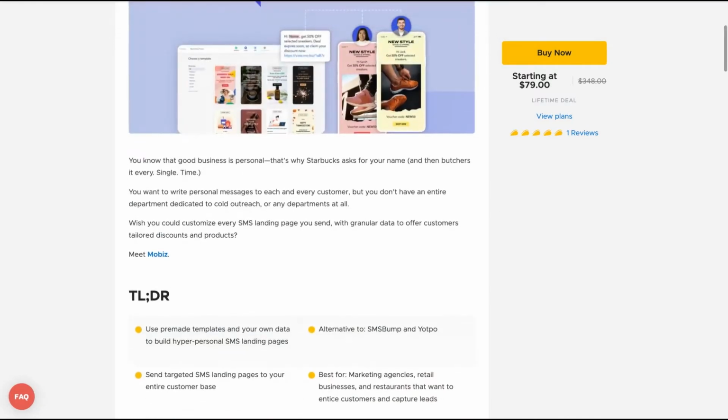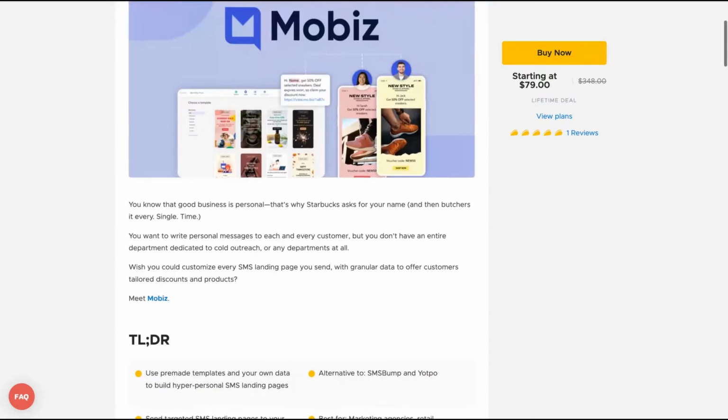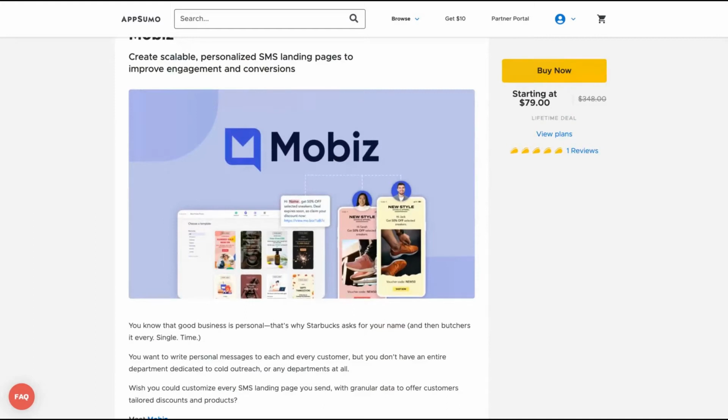And so what's the main thing about that deal? Mobiz will create your SMS campaign using an SMS landing page. So literally you will send an SMS to your customers with the landing page, and then your customers can automatically check out the deal, your product, your service, and then take action based on your campaign and all the Mobiz